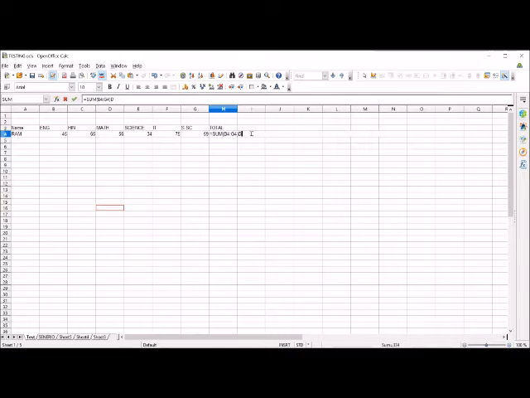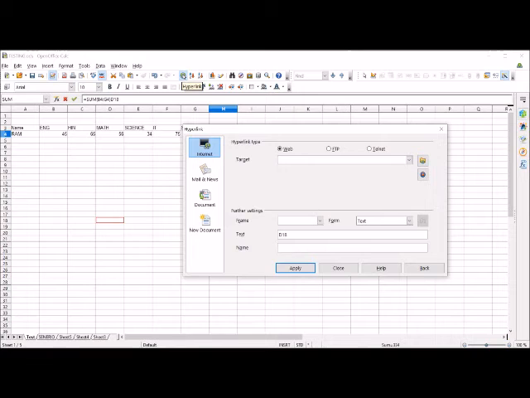Now suppose I want to insert a button in my spreadsheet, clicking on which the same website will open.